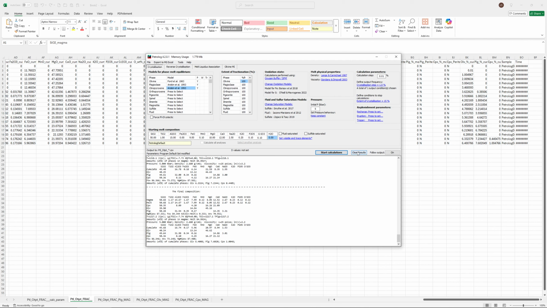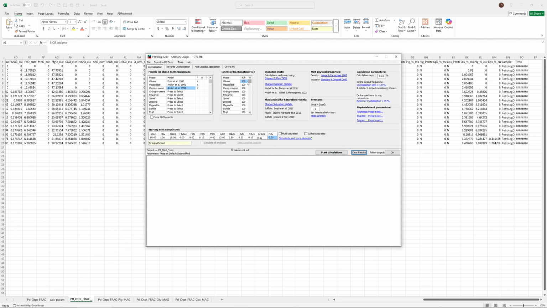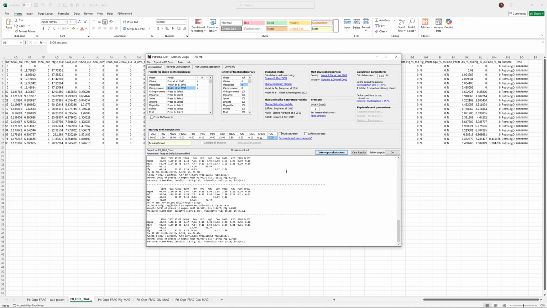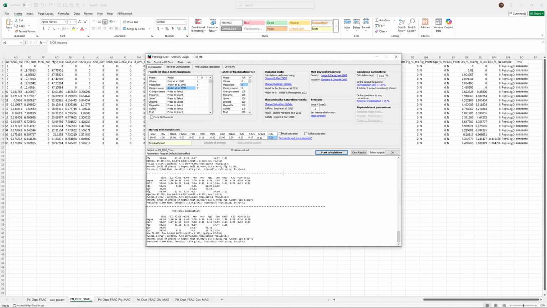Now, if we consider the opposite case, when the crystallization is purely in equilibrium, we will put zeros in here instead of 100, so it means that no cumulate is forming. And if we do calculation in this case, what we will see is that there is no cumulate, that crystals are now in the magma,